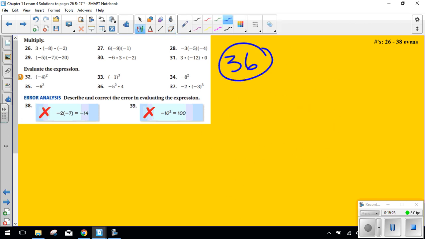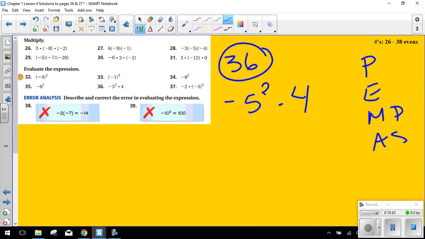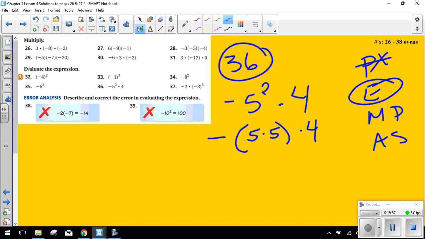For 36, where are we here? Okay, we have -5 squared times 4. So this is saying take the opposite of 5 squared and then times it by 4. So we are going to use PEMDAS, order of operations, please excuse my dear Aunt Sally. No parentheses, we do have exponents. So 5 squared means the opposite of 5 times 5, and then we're going to times by 4. So 5 times 5 is 25, and the opposite of that is -25